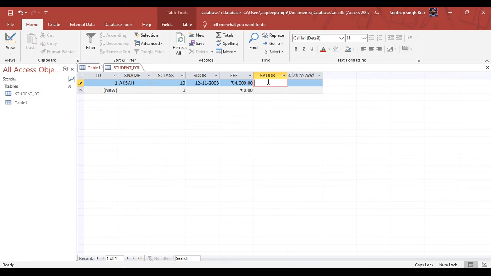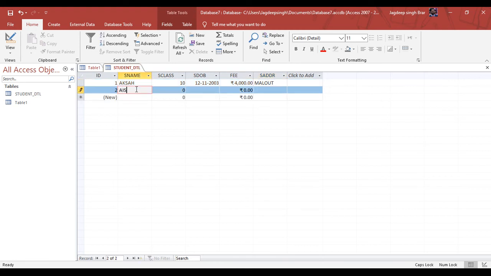Next is address, like Melo. Second student name, Ashdeep, class 10, date of birth like 4 April 2003. Fee paid 6,000.